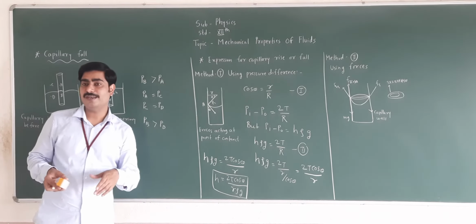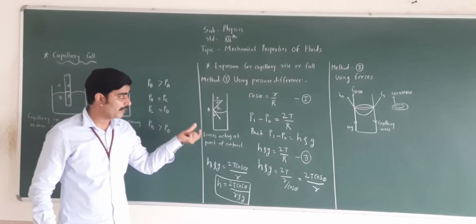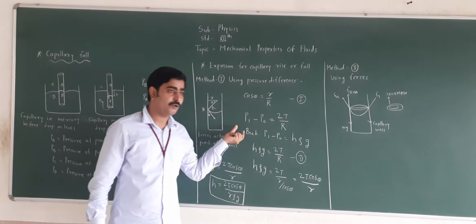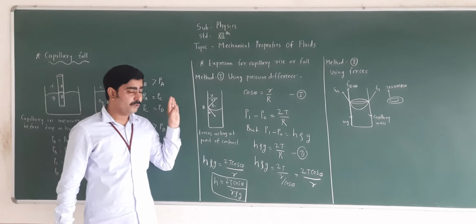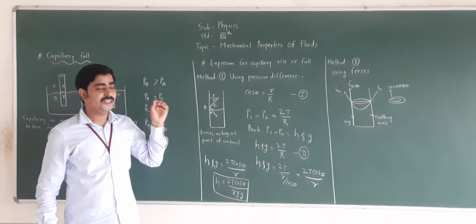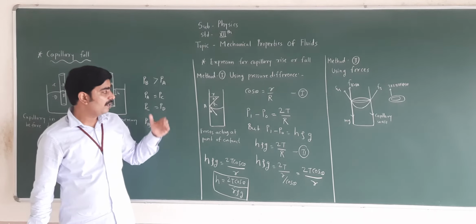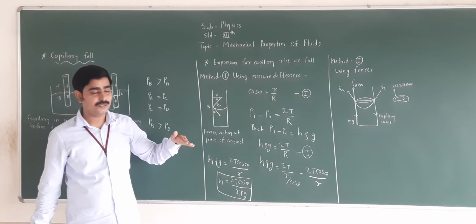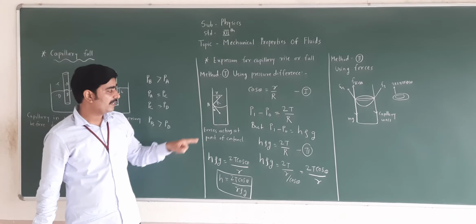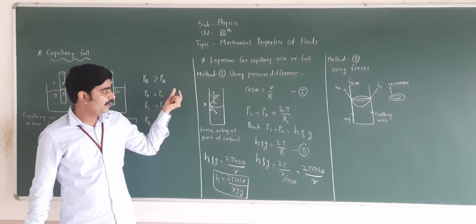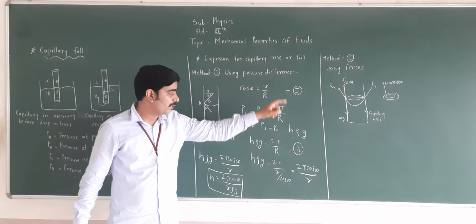Friends, remember while writing this equation, you should know the equation of the pressure difference created in the liquid drop, that is Pi minus P naught is equal to 2T upon R. First you should draw the diagram, and then in short you should explain the diagram: in the given diagram it is observed that when the capillary tube is dipped in the water, then the liquid level rises. Let us consider A is a point of contact and theta is the angle of contact. From the given figure, cos theta is equal to small r upon capital R, equation number 1.